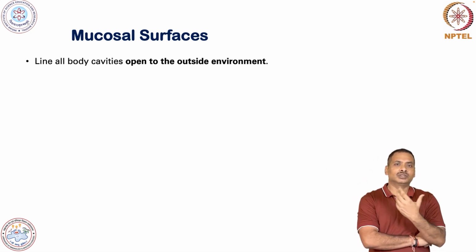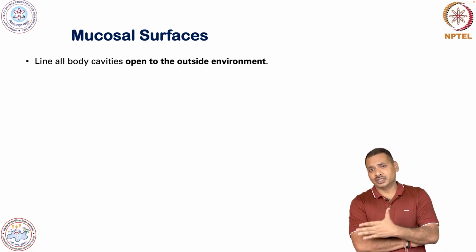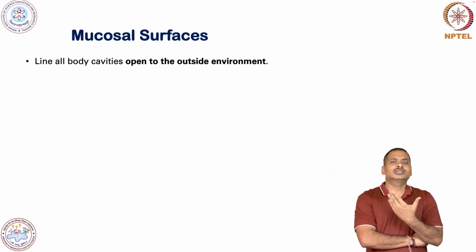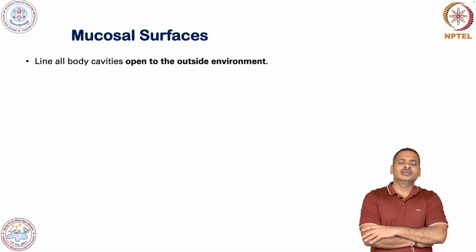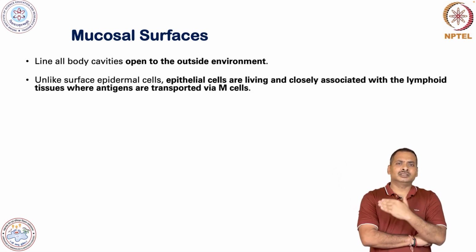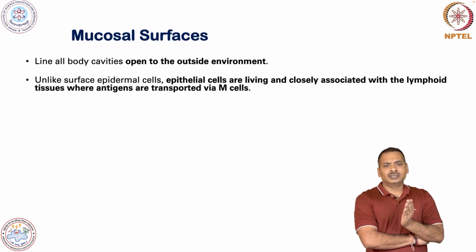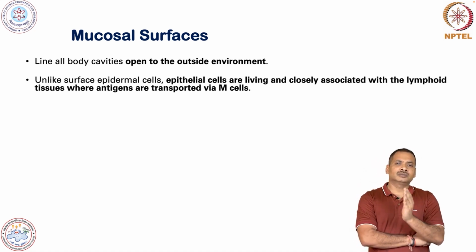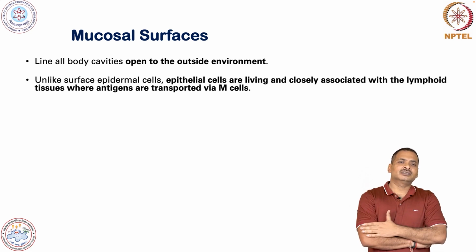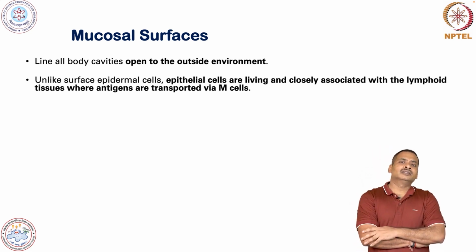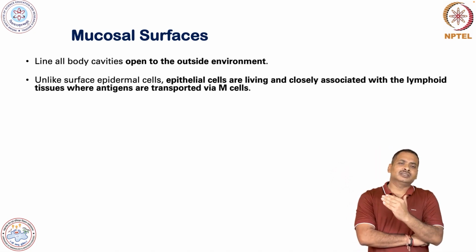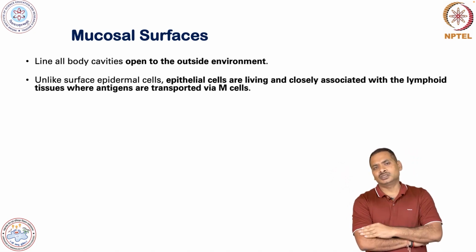Outside means if you look at the oral cavity, the urogenital tract or the respiratory tract, it opens to the outside environment. Unlike skin, it's epithelial cells which are present in this area. And just beneath these layers,